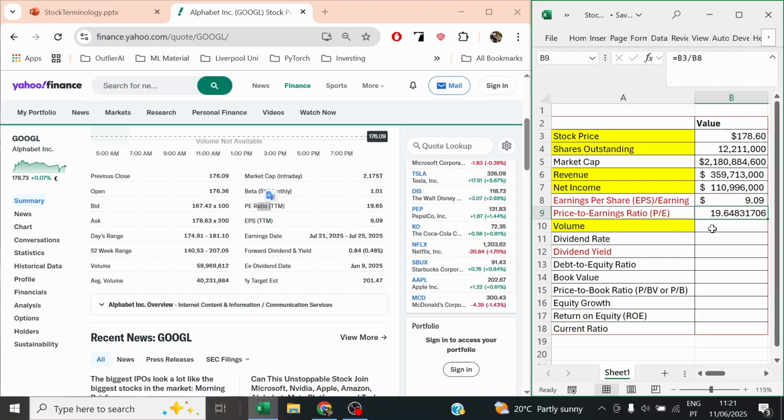Our next number is the volume, which is just the number of shares traded each day. In other words, the number of shares that are bought and sold each day. I mean, for an investor, it's not really important. It's usually important for traders, but if there is not much volume, you are not gonna be able to sell your shares. And this is reported usually by the stock exchange. If you see for Google, if we go to the summary page, the volume is reported. So I will just copy